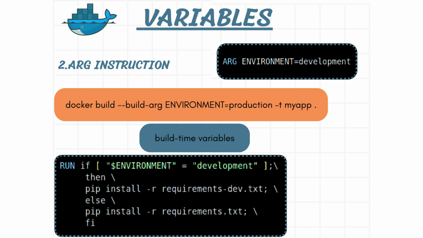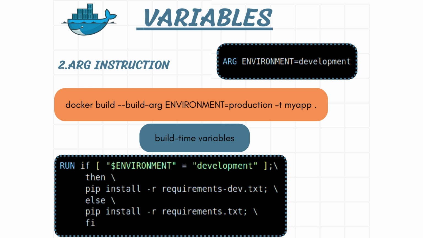Here's an example to illustrate how ARG can be used in a Dockerfile. RUN if [ "$environment" = "development" ]; then pip install -r requirements-dev.txt; else pip install -r requirements.txt; fi